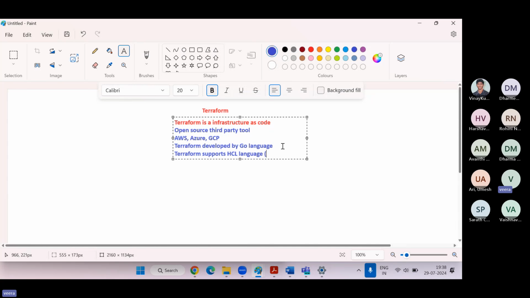HCL means HashiCorp Configuration Language. Terraform is developed by HashiCorp actually. So the language Terraform supports is the HCL language. It looks like YAML only.